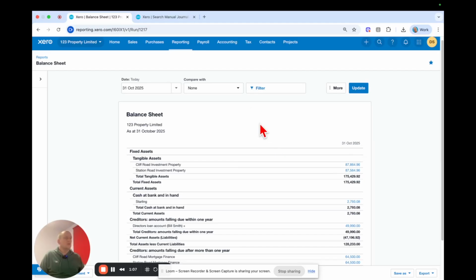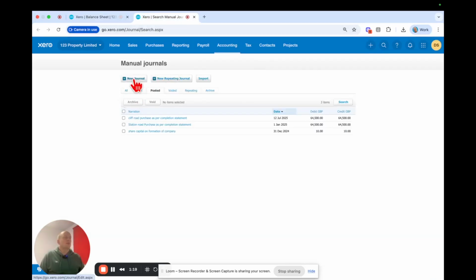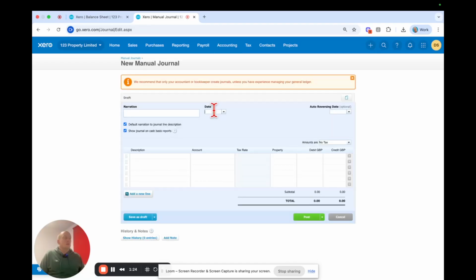So what we'll do now is we'll flick into manual journals. I'll show you how. Okay, so once we're in manual journals, we're going to click New Journal. We're going to put the date at which we've done it. So remember we said the end of the reporting year for this property in particular was the 31st of December 25. We're going to give plenty of information in here, so we're going to say it's Cliff Road property revaluation,